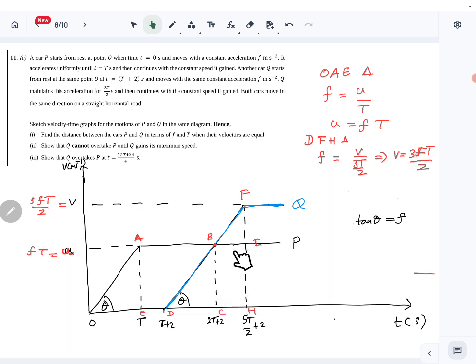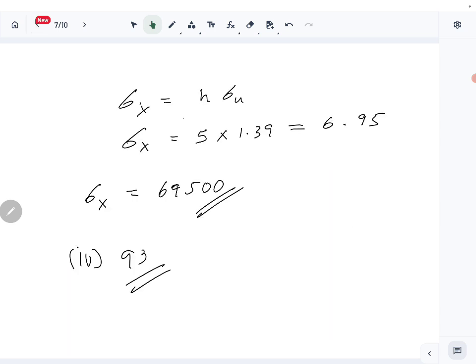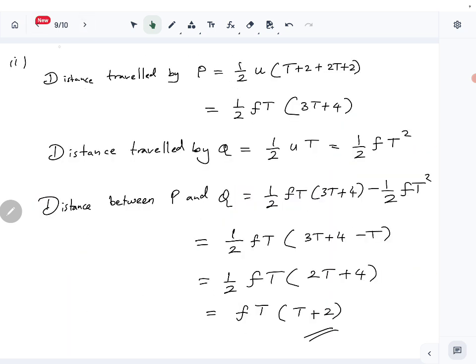No. So in this section, the additional distance that the Q car travels until it reaches maximum speed is BFI, right? We have to show that that is less than the distance between the two cars when the speeds were the same. So this is the distance between the two cars